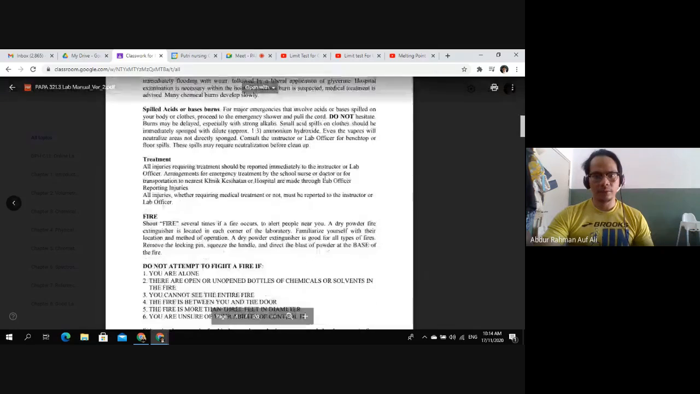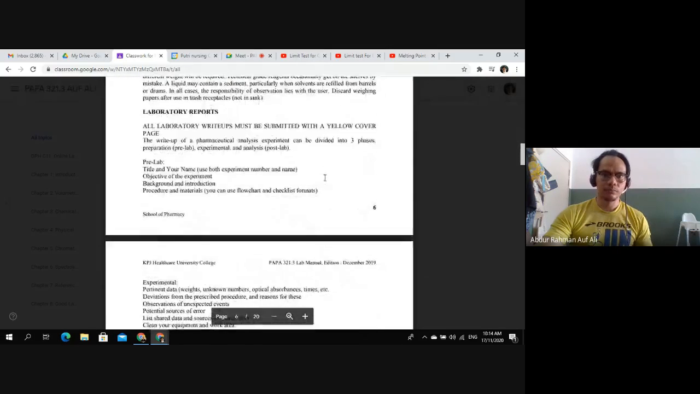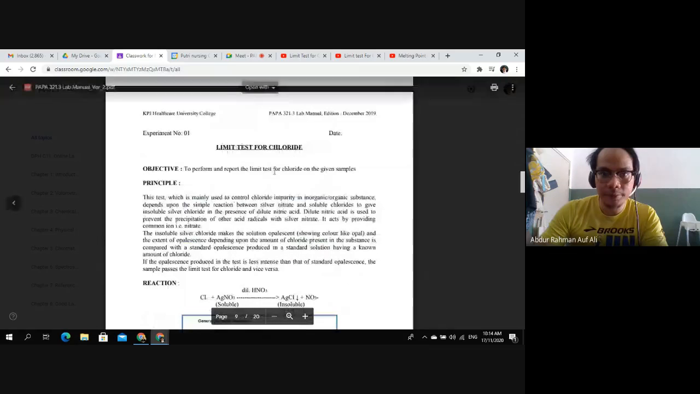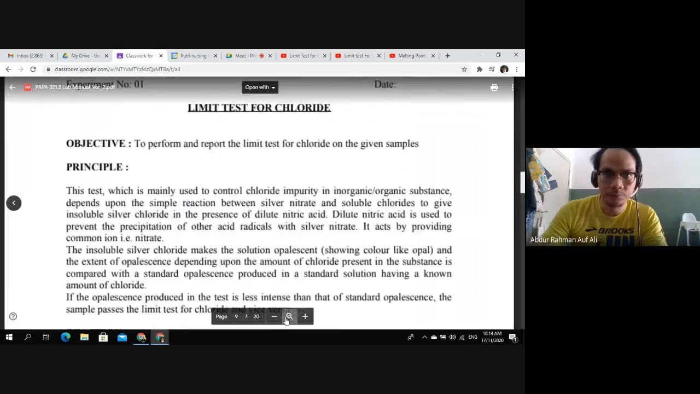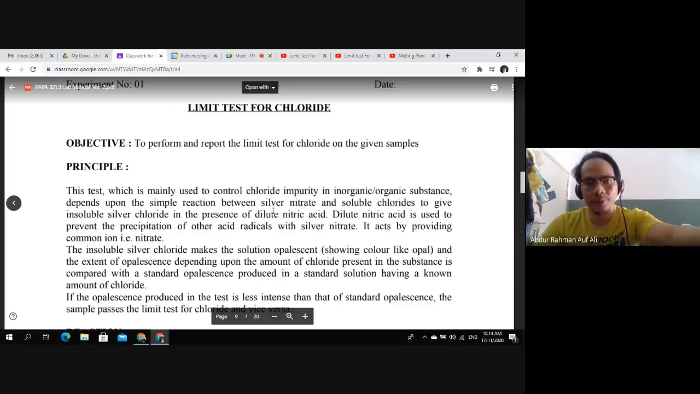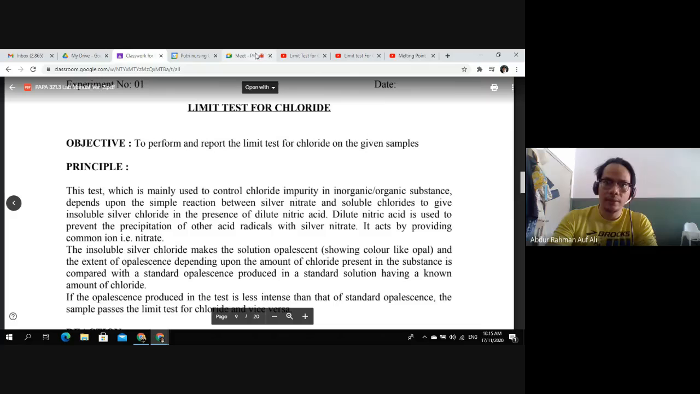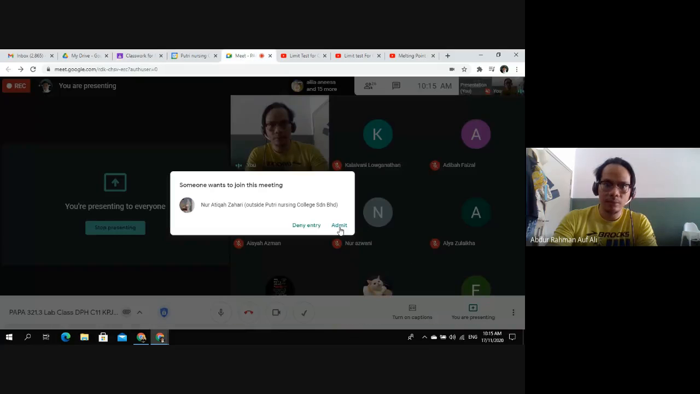The first one, limit test, what is it? Let me scroll down. Okay, and let me zoom in. Okay, limit test for chloride. So as the name suggests, we are testing the presence of chloride in our samples. So dalam ubat-ubatan ni, the pharmaceutical drugs that are manufactured, ada certain substance yang mesti,